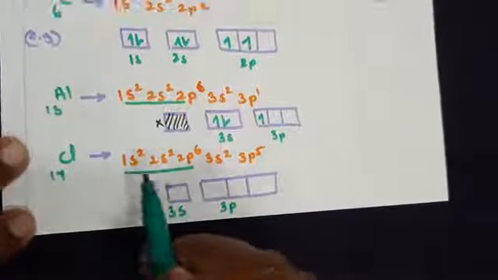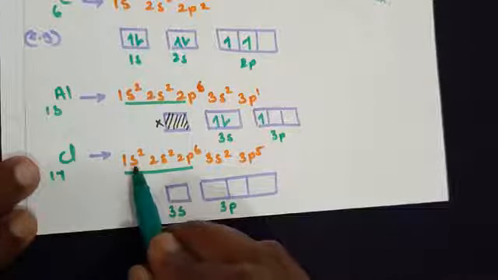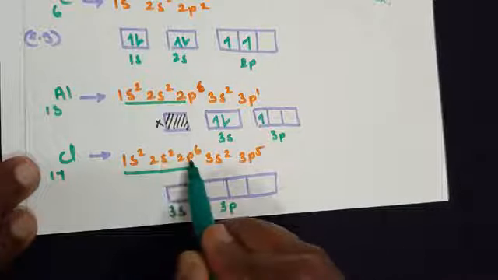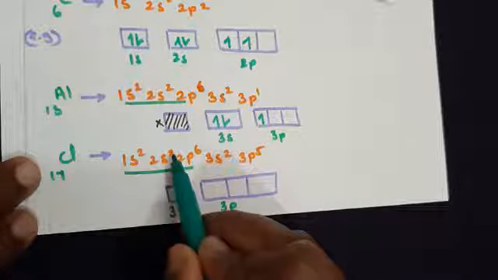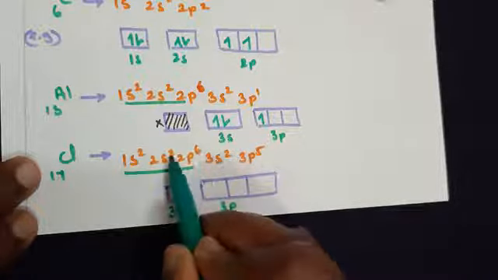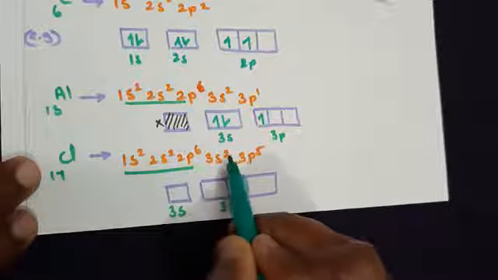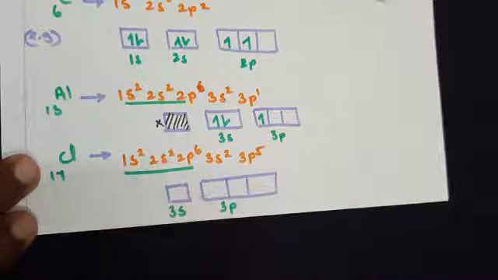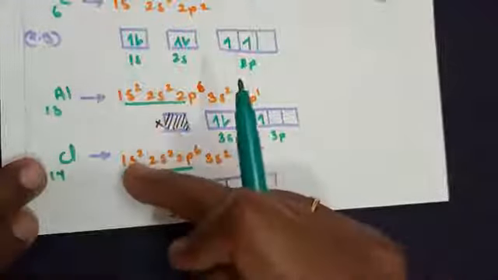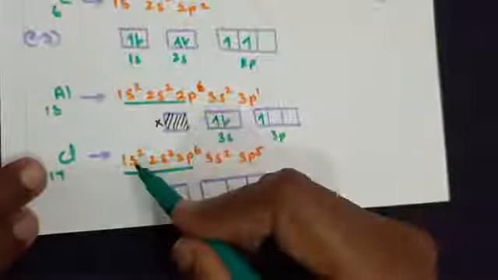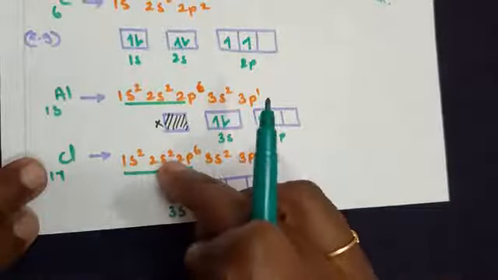Move on to chlorine. The atomic number of chlorine is 17. So if you plot the configuration 1s2, 2s2, 2p6, if you add the numbers, you should get 17 as the answer. 2 plus 2, 4, plus 6 will be 10, 12, 17. That is the number we are making up to. Since these are 1s2, you know that for an s orbital the maximum is 2 electrons, and it has 2 electrons. 2s2 also has the maximum 2 electrons.